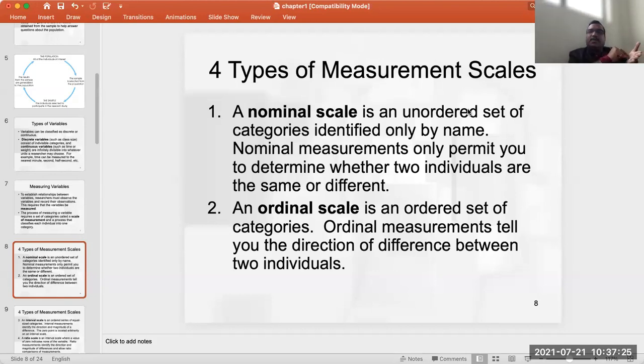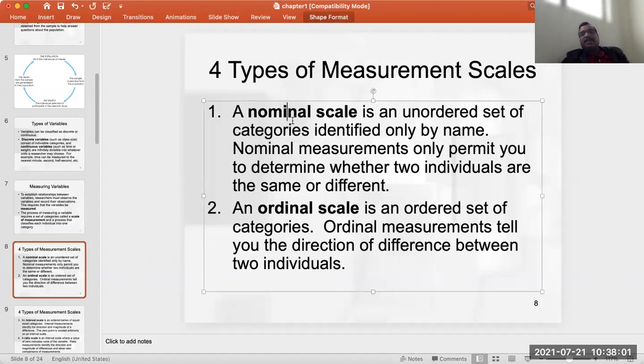When you are proceeding from 1 to 5, there is a direction there, right? 1 to 5 means fully disagree to fully agree. Like more likely, more unlikely, that kind of data. What you are collecting is the opinion from your respondent. So this is the order.